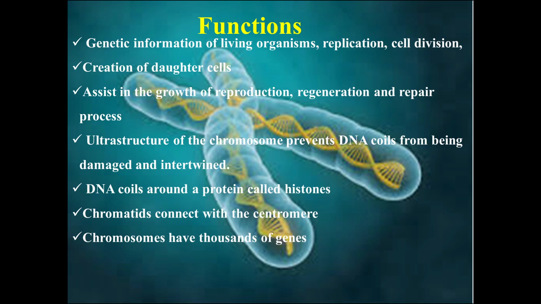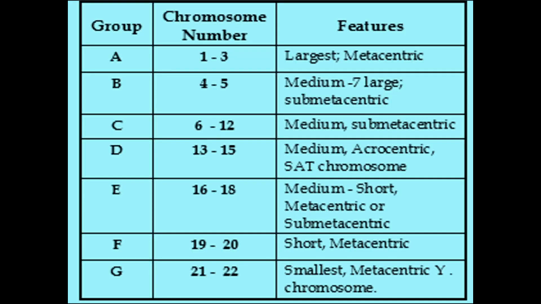And also spindle fibers attached to the centromere help in the movement of the chromosome during cell division, and chromosomes thus have thousands of genes that precisely code for multiple proteins present inside the body. And this is a type of thing where we segregate the chromosomes through karyotyping, according to the centromeric